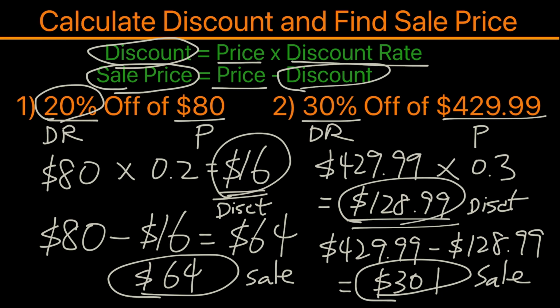So this is how you calculate discount and find sale price. You will need to first find out the discount dollar amount, in this case taking the price times the discount rate. And after you got the discount in dollar value, you will minus that from the price to get to your final sale